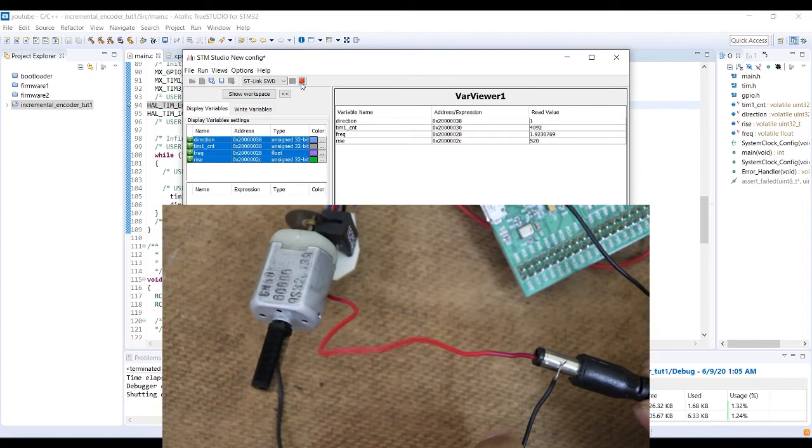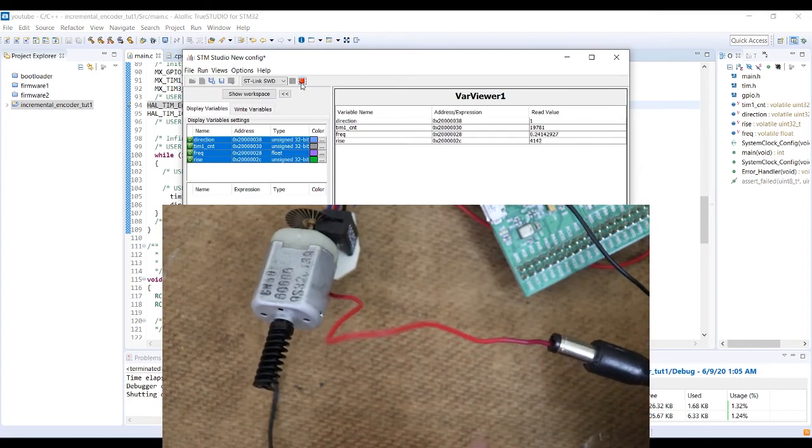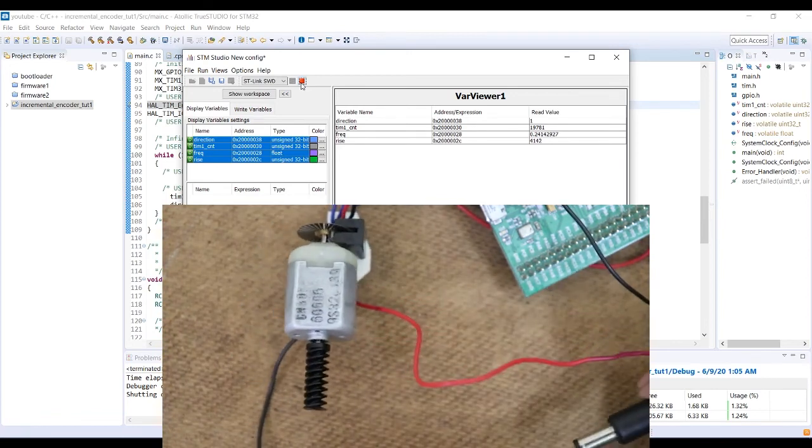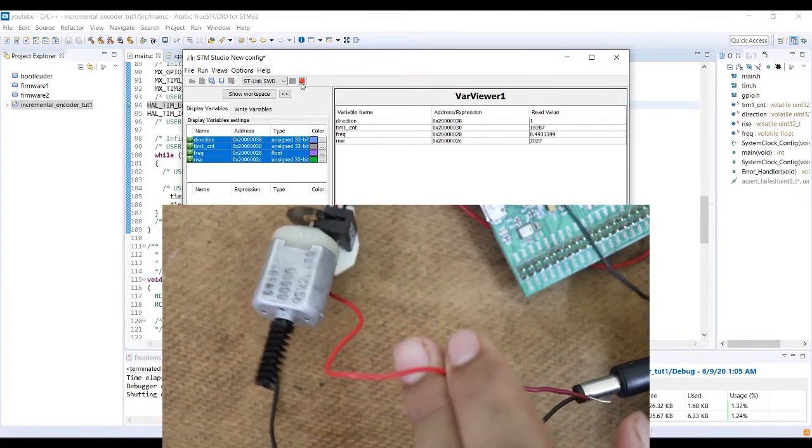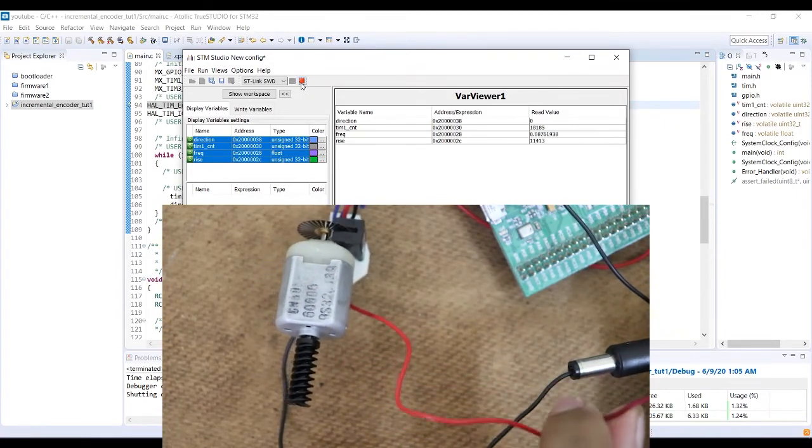After the code is built and flashed, all my variables can once again be visualized in real time here on STM Studio. And the frequency that the microcontroller calculates matches what my logic analyzer found.